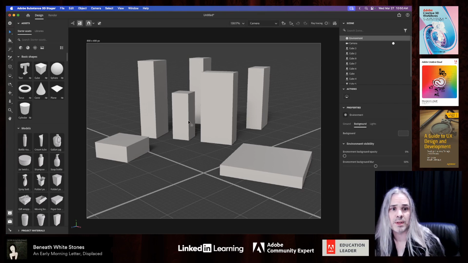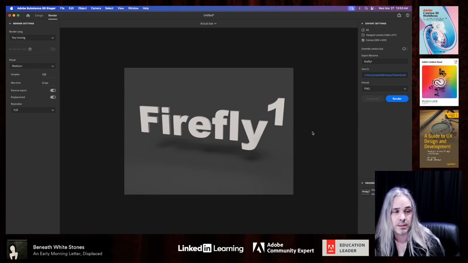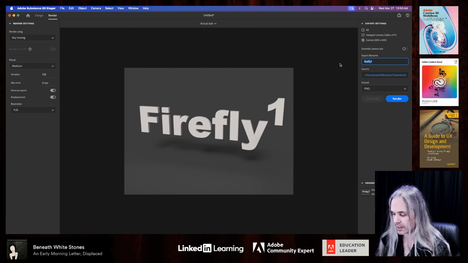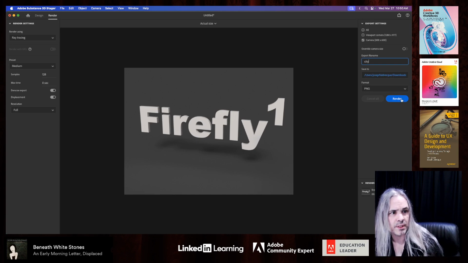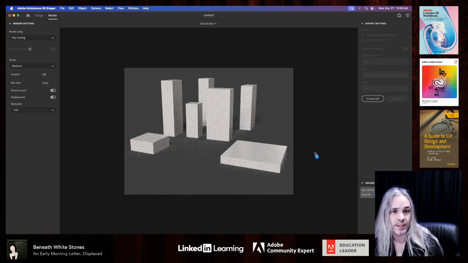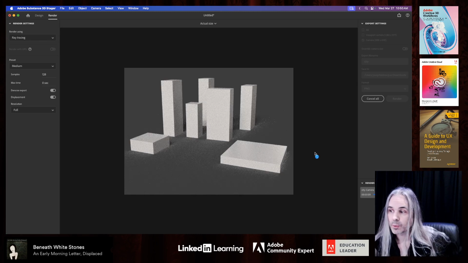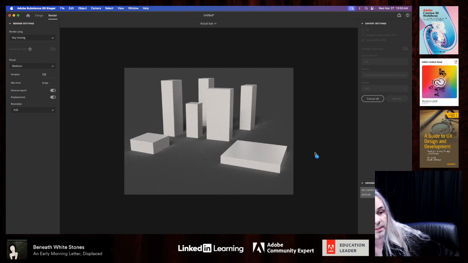All right, so now I've got my cityscape created. I'm going to go to my render workspace. Here's a previous thing that I did for the Adobe Community Experts program. But what we're going to do is set the export file name to city. We're going to send that to my downloads folder as a PNG. It should render out pretty quickly. And what we're getting is this image. This is going to have depth information, structural information